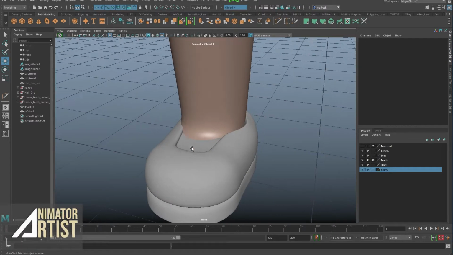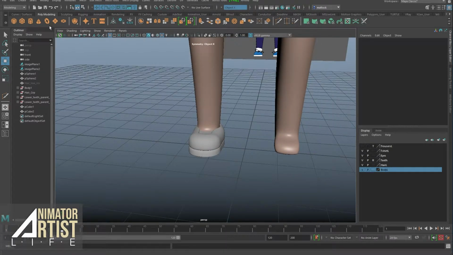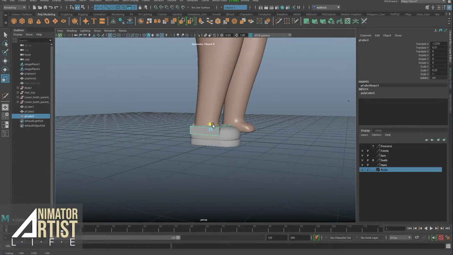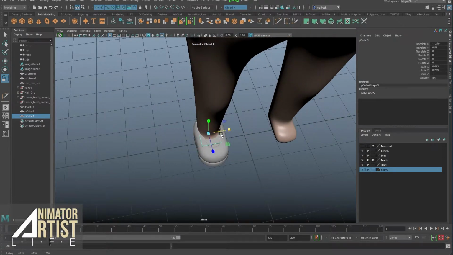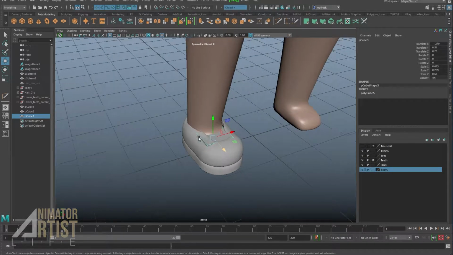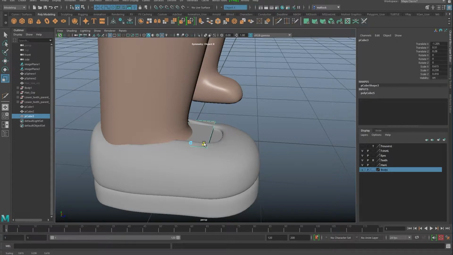So we're going to do this. We could have done this as part of the shoe, but we're going to do it as separate geometry. So let's just create another cube, good old cube, put it into place. So for this, let's see, again, totally up to you what you want to design. I'm going to go for something